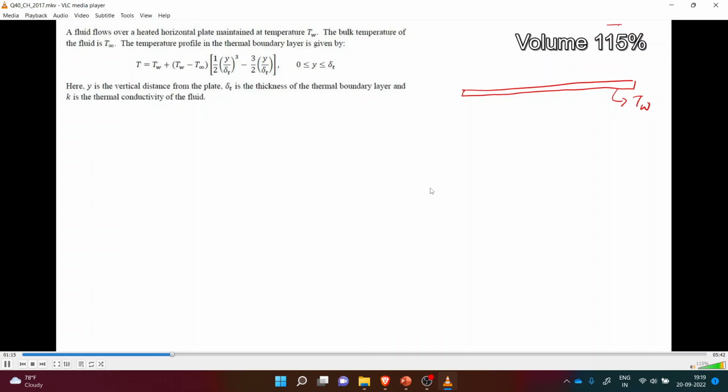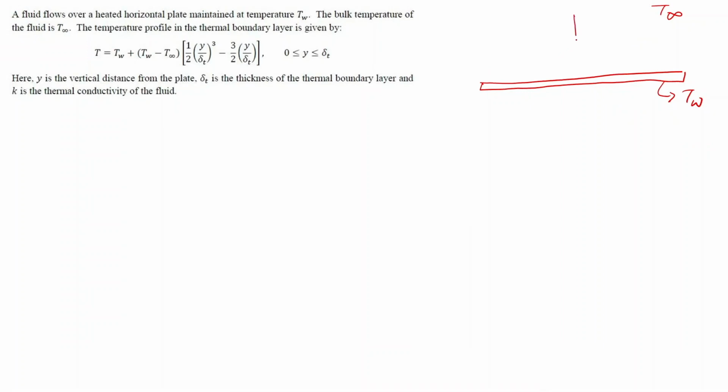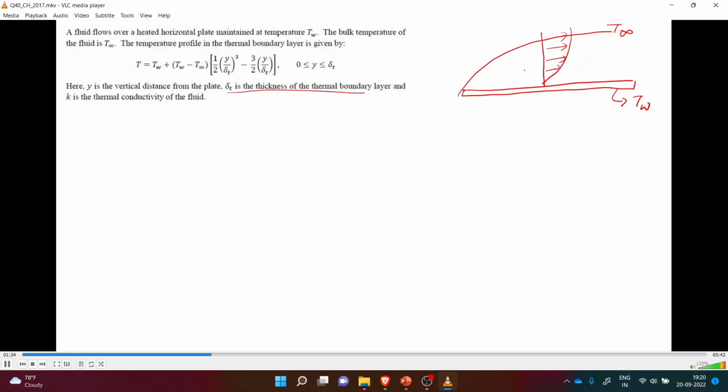It will be like this. The bulk temperature of the fluid is T infinity, and we have a fluid flowing through this plate. So correspondingly the profile will be like this, and where we have been given delta T is the thickness of the thermal boundary layer. So if this is my